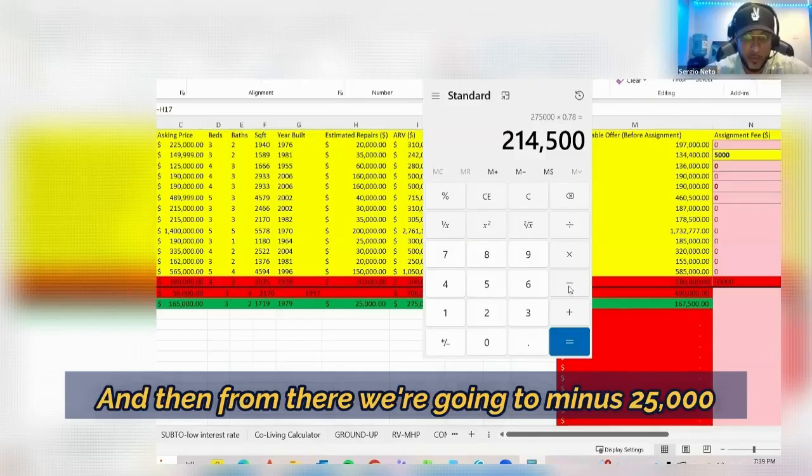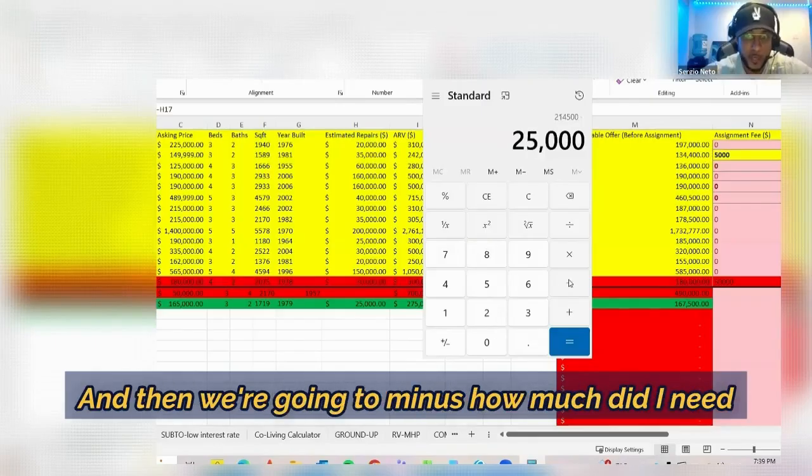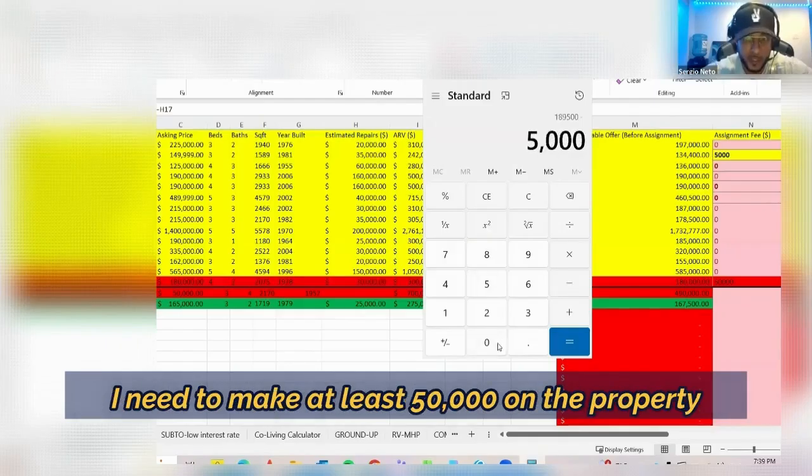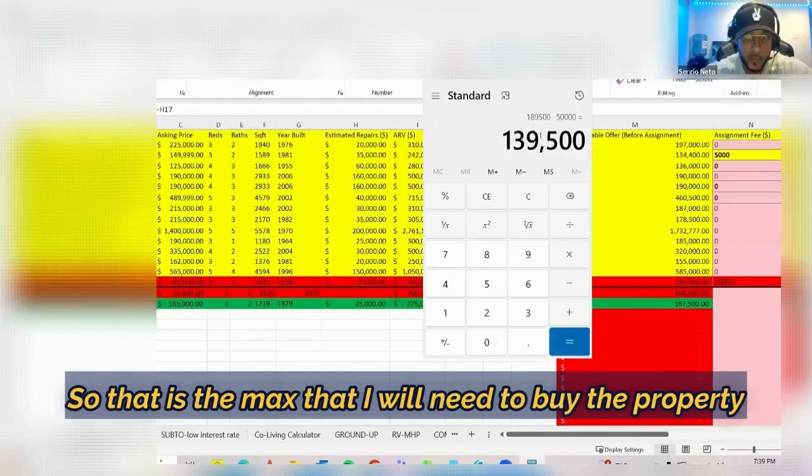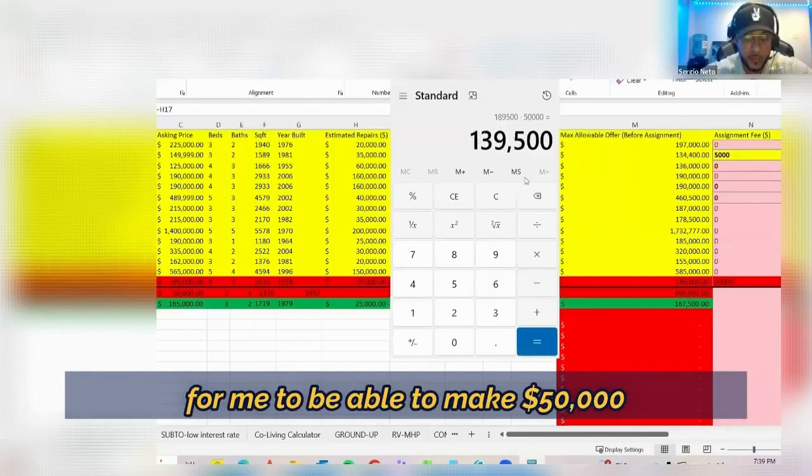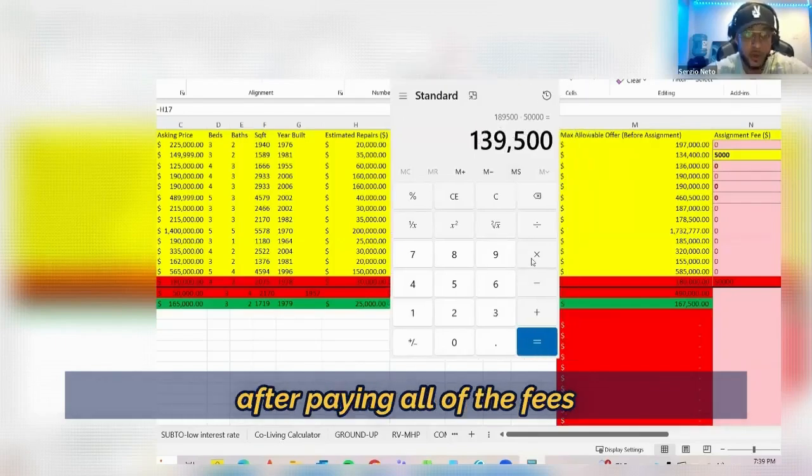And then from there, we're going to minus how much I need. I need to make at least 50,000 on the property. So that is the max that I will need to buy the property for me to be able to make 50,000 after paying all of the